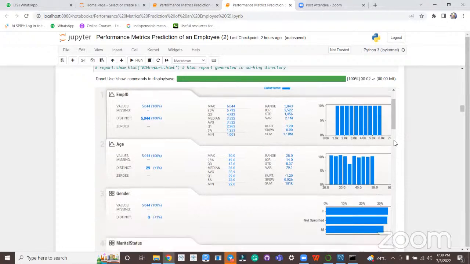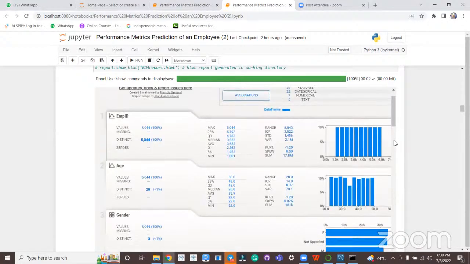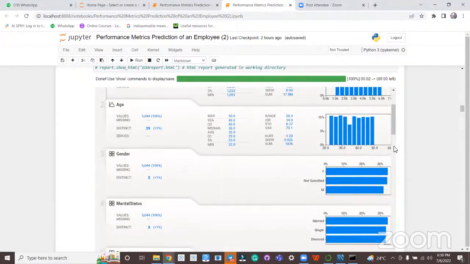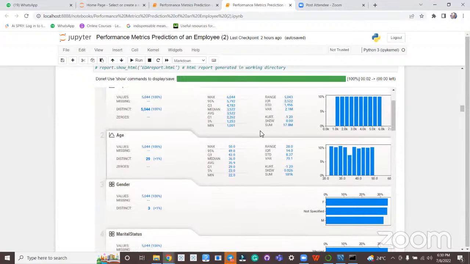Missing value percentage, distinct values, then the preliminary statistical calculations with respect to data distribution identification: max, median, minimum, IQR, variance, standard deviation, all these calculations are done. Now, of course, employee ID can be ignored from our analysis.